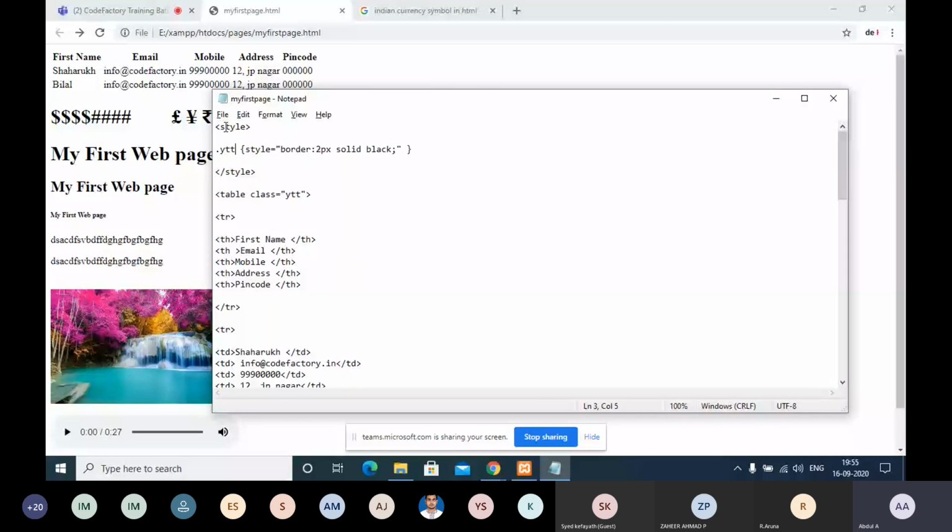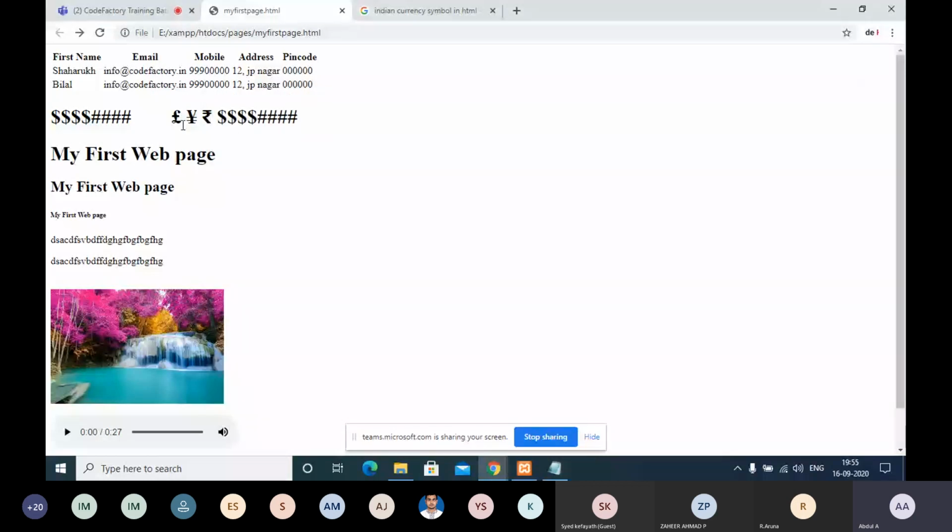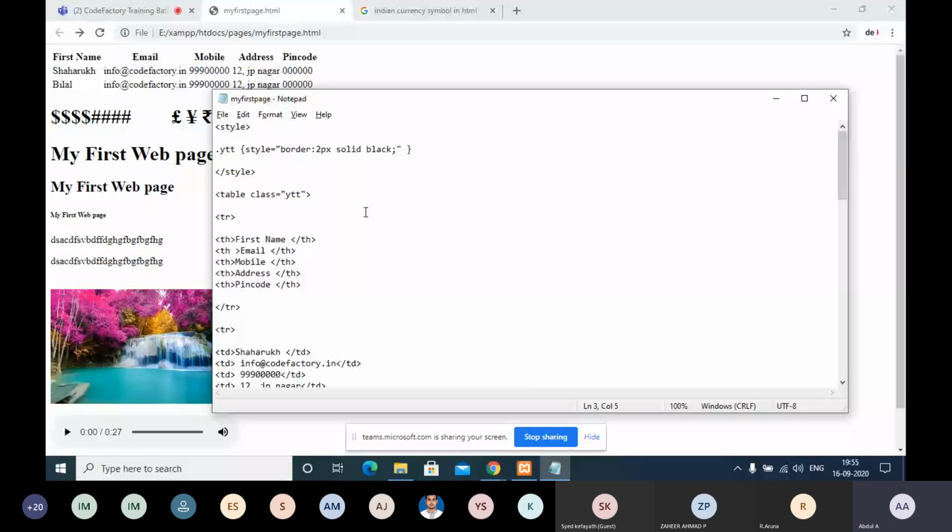Let me tell you the difference between class and ID and other things. So it is not taking, why? One second. I'm sorry, guys, I have made a mistake. I should not write the style tag inside the CSS.